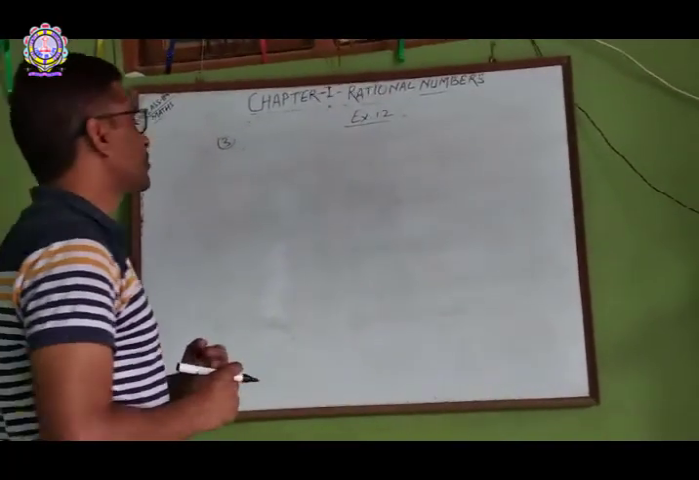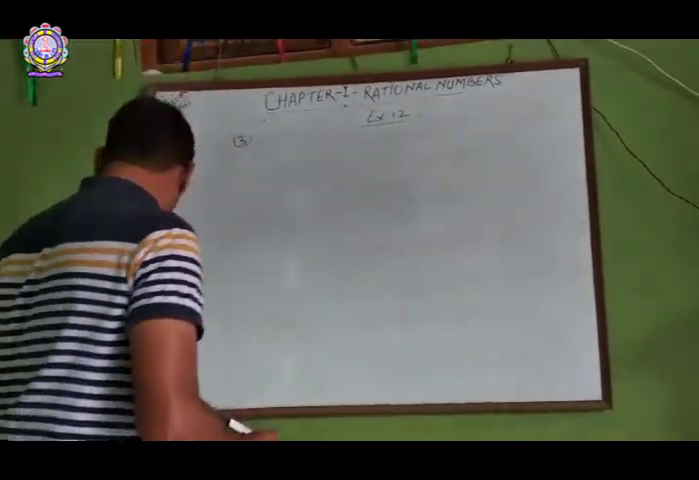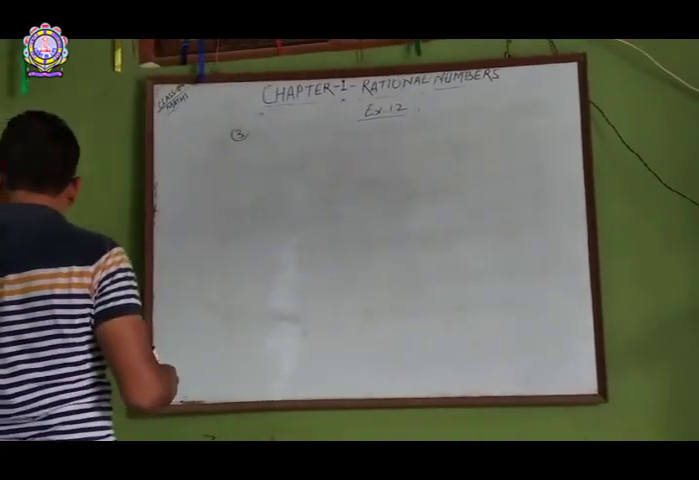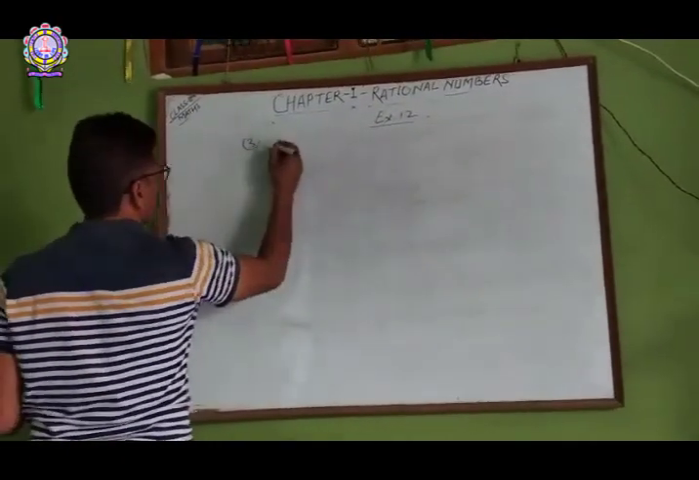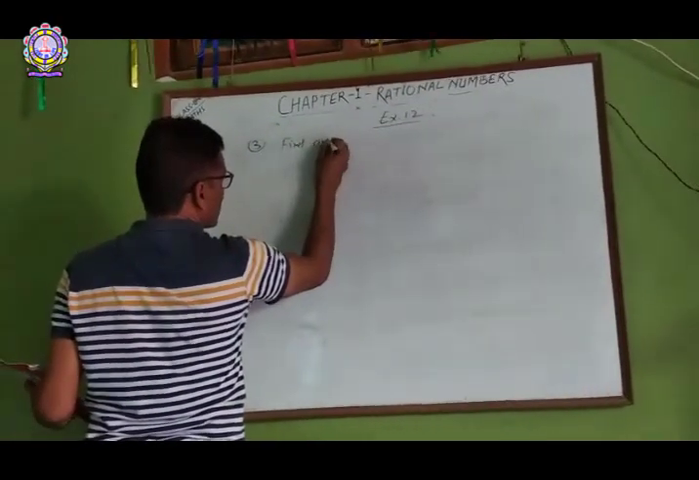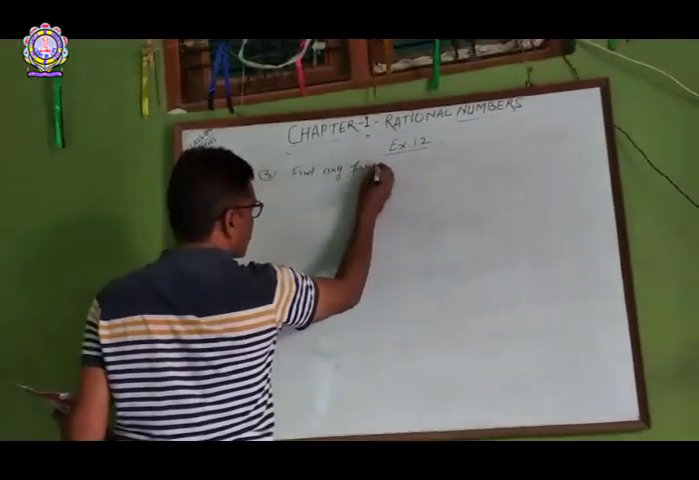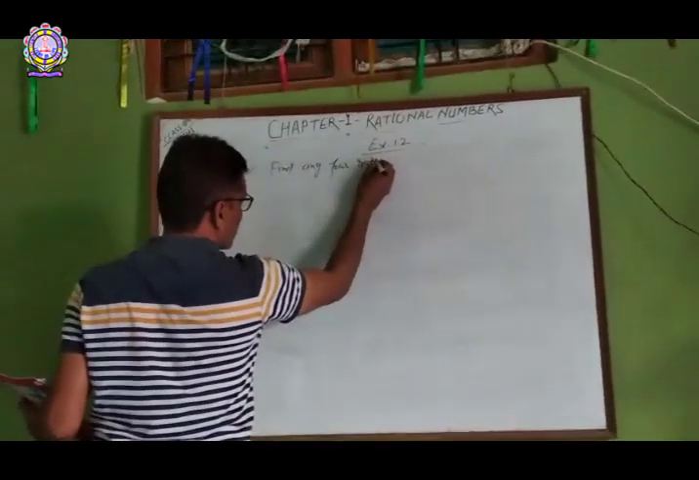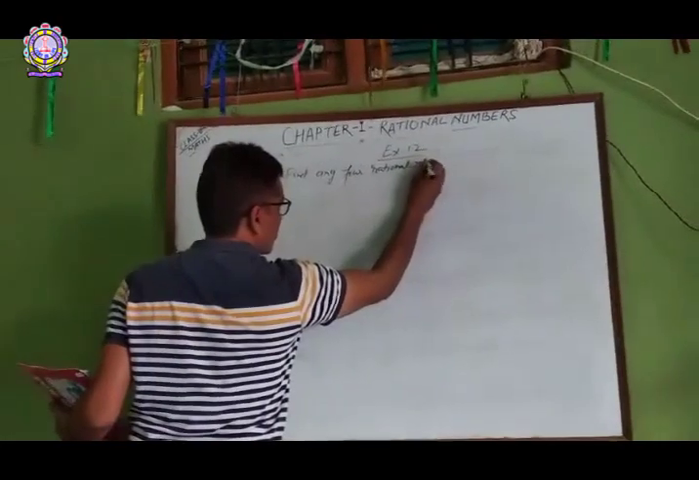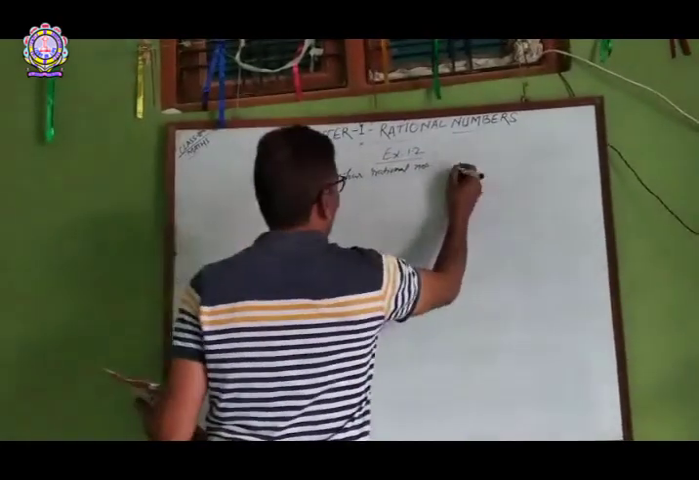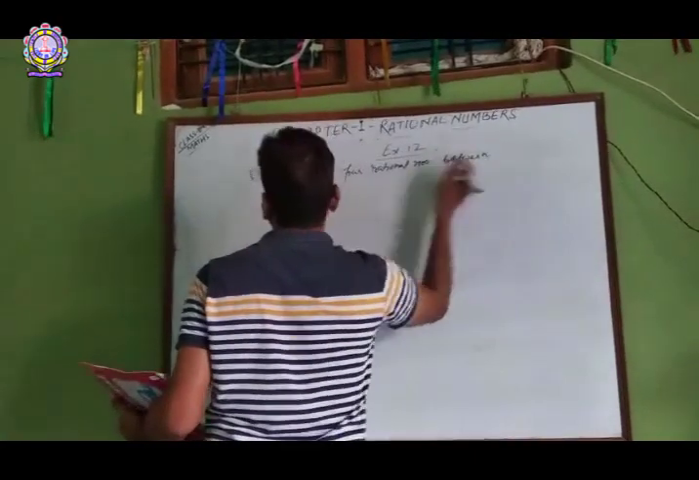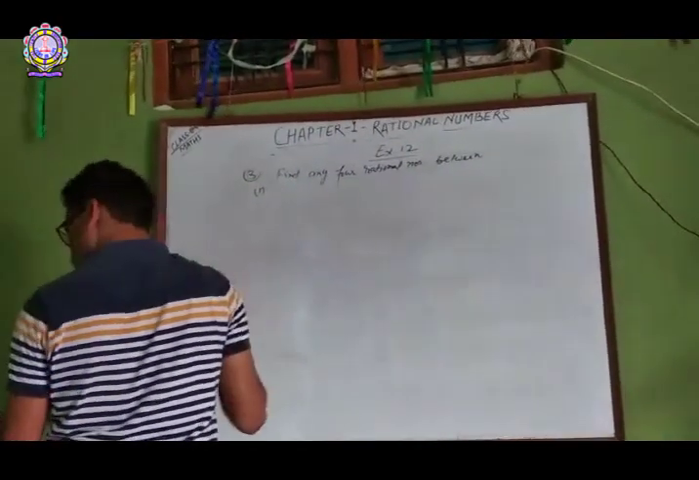Okay, students, we will solve question third. Question third is: find any four rational numbers between